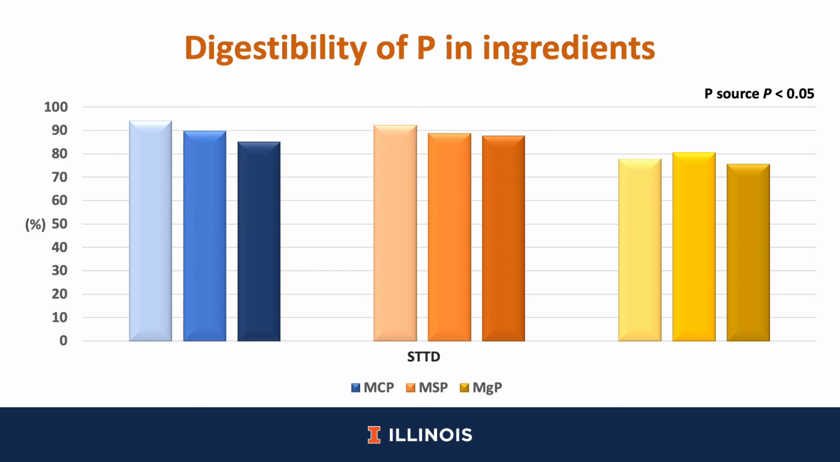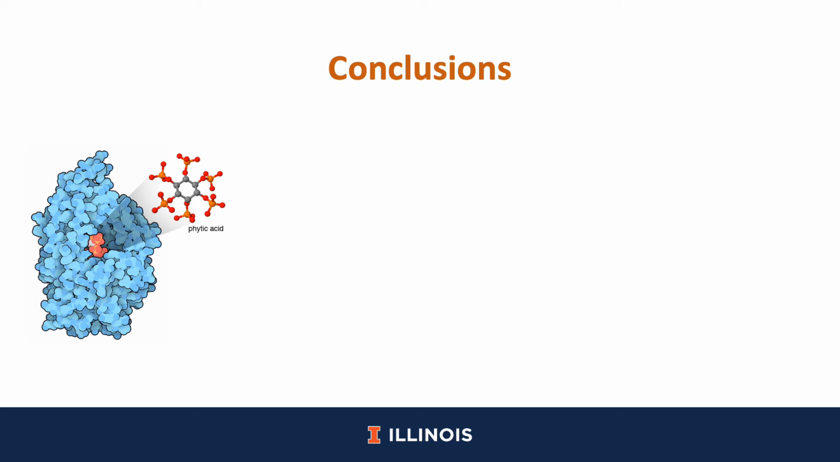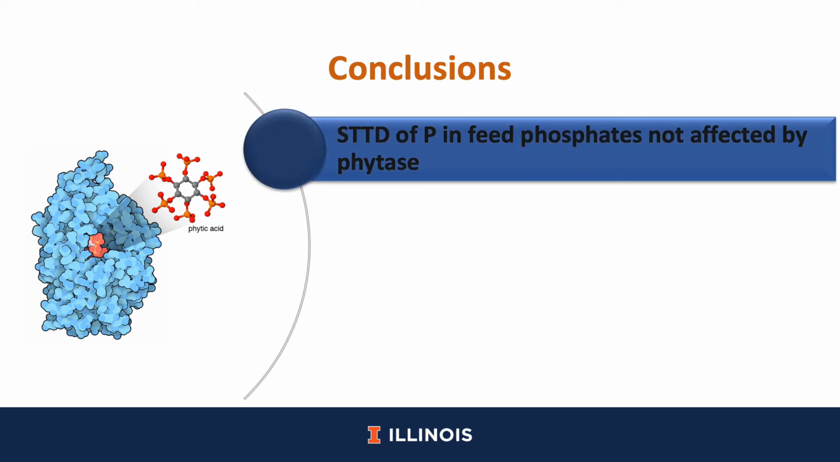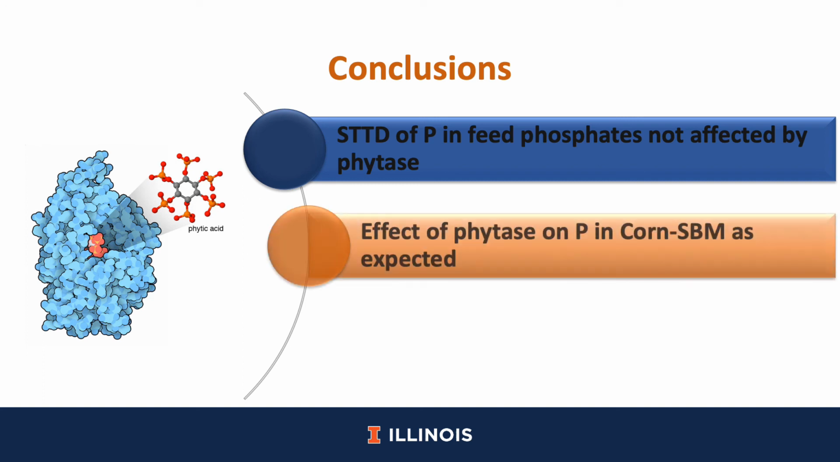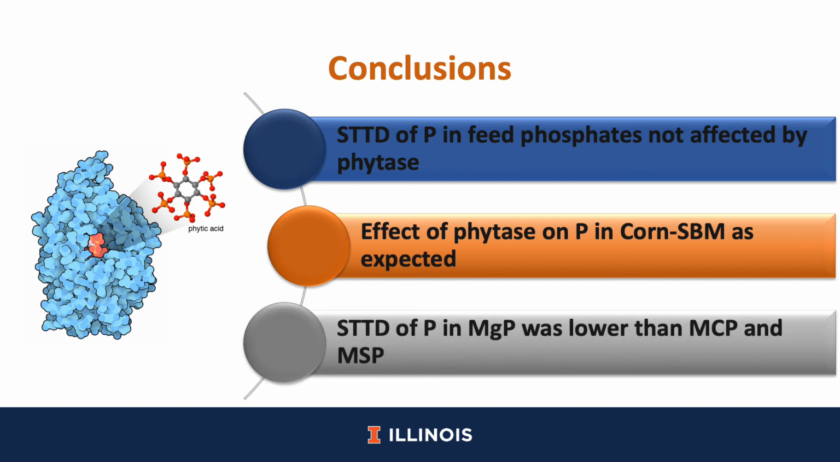MCP or MSP. So, moving into the conclusions, the digestibility of phosphorus in feed phosphates was not affected by the inclusion of phytase in the diets. The effect that we observe in the diets is the effect of phytase on the phosphorus present in corn and soybean meal, which was expected. Also, we can observe that the digestibility of phosphorus, or STTD of phosphorus, in magnesium phosphate was lower than MCP